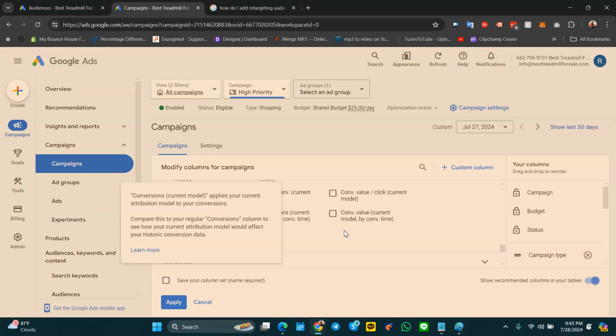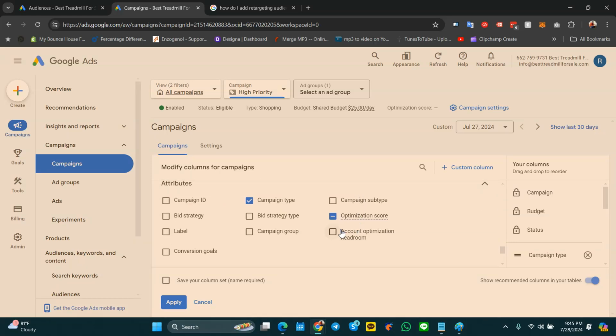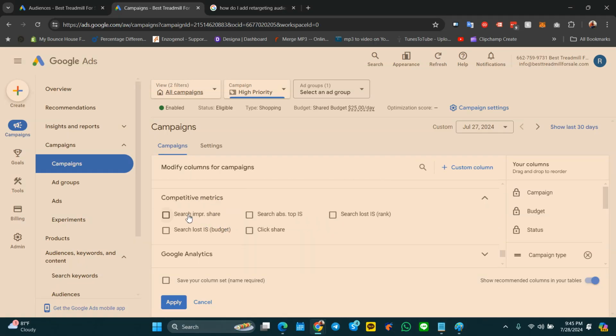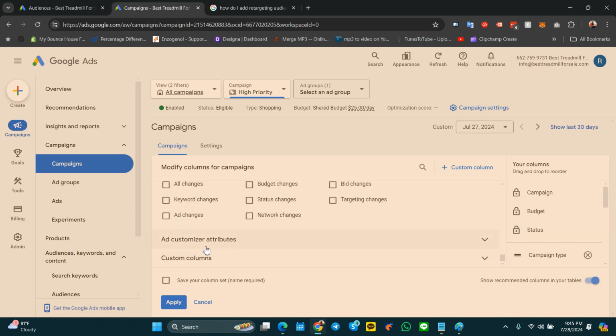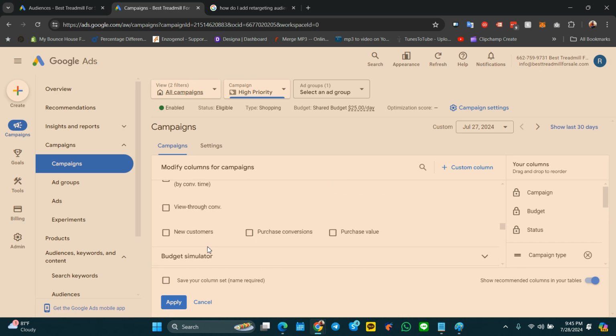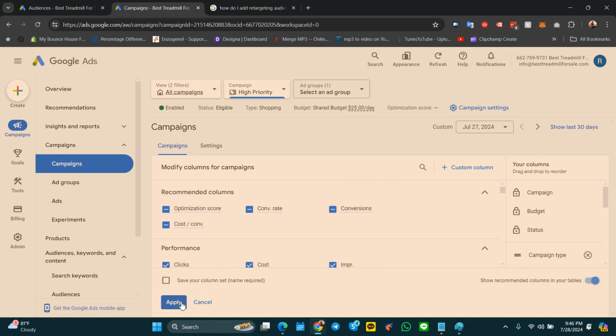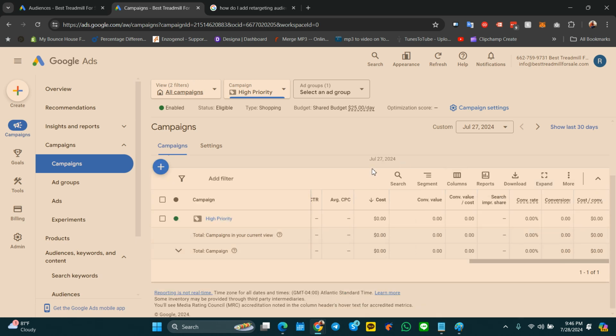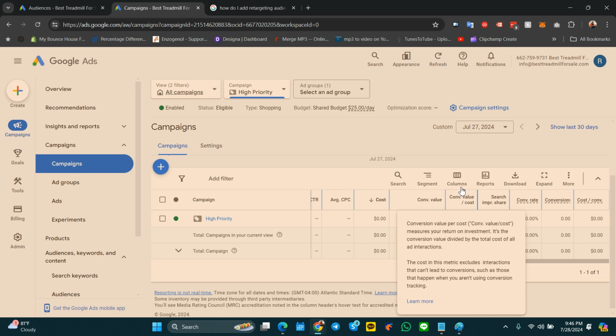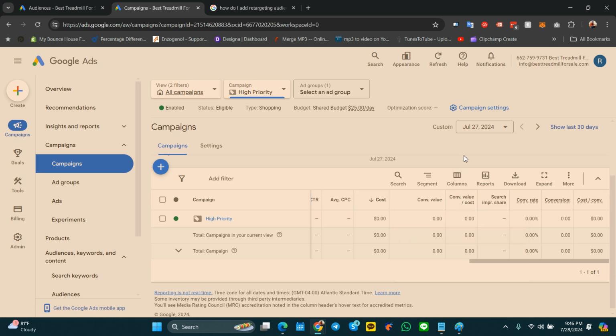And attribution, let's see if we can find search impression share somewhere in here. Search impression share. I think that's going to be the main ones. Yeah. Okay, cool. So those are the main columns that we want. So I added in search impression share, conversion value, and conversion value divided by cost. Whenever people say ROAS, that's going to be this number here, conversion value divided by cost. Conversion value is the total amount of revenue that was brought in, and search impression share, this is going to